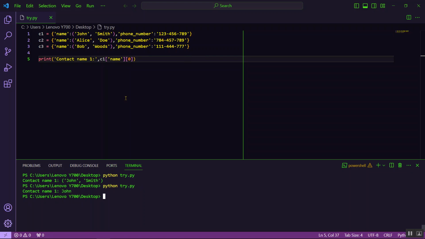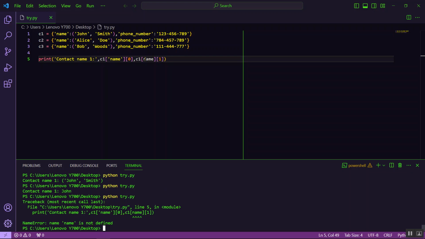Well, of course, class, it's the same as this one. We just need to include the index. So C1, and then name, and then just include the index for the tuple of John Smith. So if we try to run this,